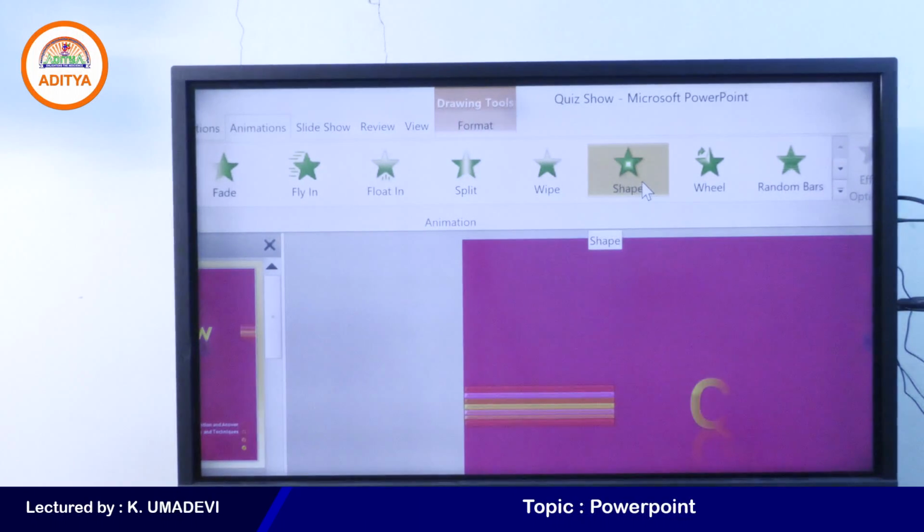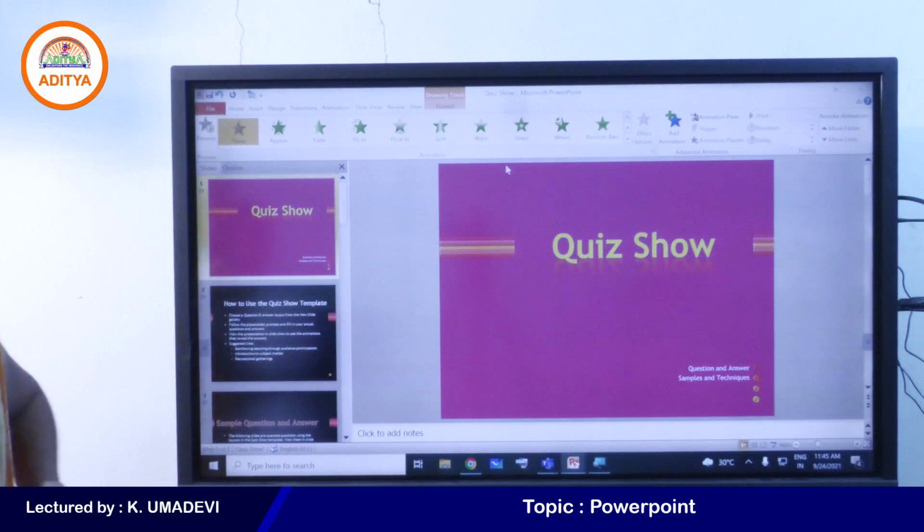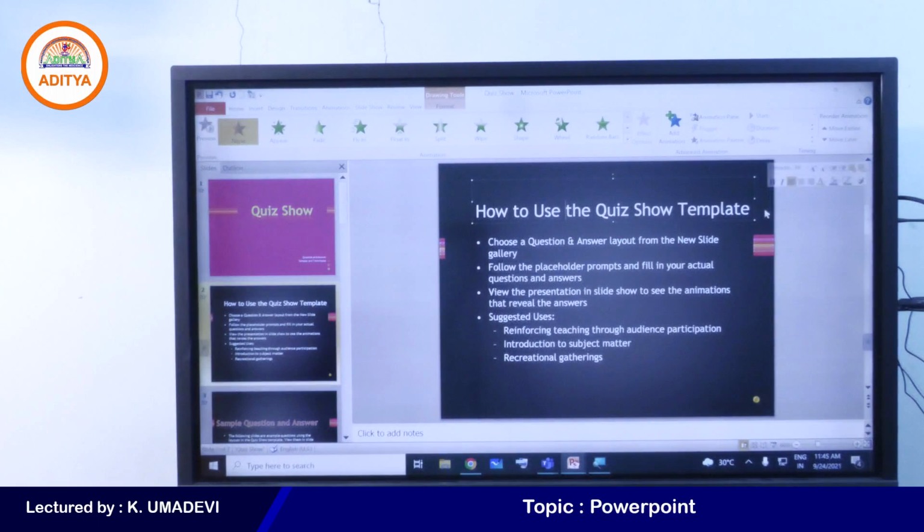For example, so just I will zoom out the screen. Observe the animation effects. See, split. So it shows the preview of text floating. Okay, and go to the next slide. So if you want to apply different animations for each and every line in the same slide, select the text.